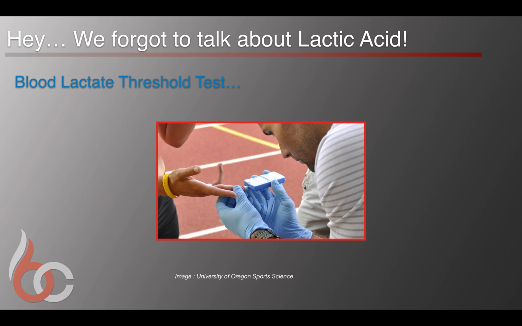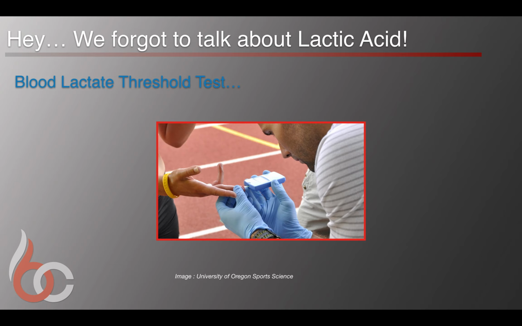So some of you may have even had this test done on you before, or you've at least maybe seen it done somewhere. This is the equipment used in a blood lactate threshold test. It's like I alluded to earlier, it's the finger prick test, dropping the finger prick blood droplet onto usually a test strip. The test strip gets inserted into this little reader, and the reader gives a volume of lactic acid in blood in millimoles per liter. And what we're really interested in at that point is seeing when that volume changes. So in this particular case, it looks like the athlete probably is going to do a fitness test with a certain pace or power output,